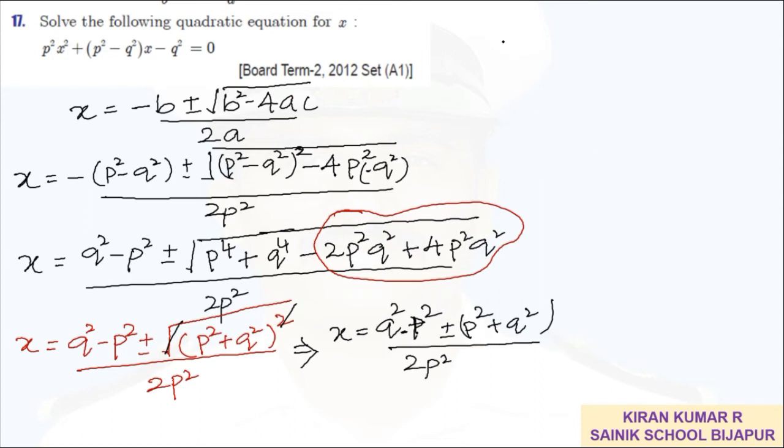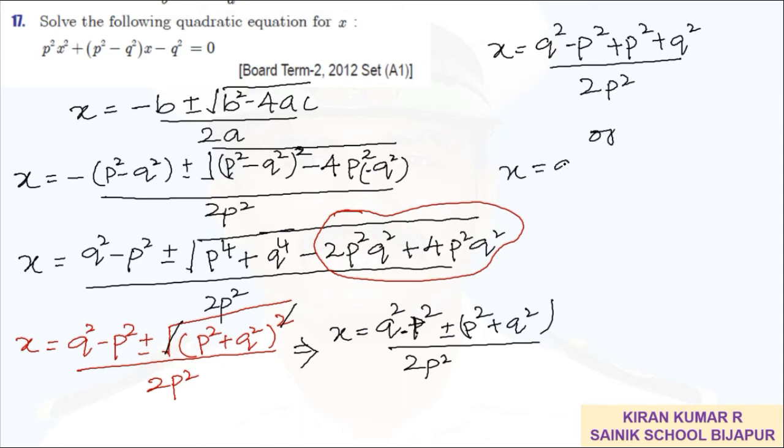Let me write the values here. So x will be q square minus p square, this time I will consider positive, plus q square plus p square, divided by 2 times p square,